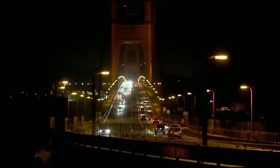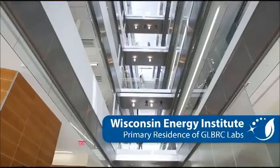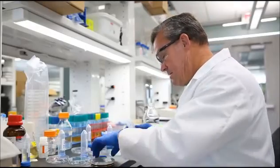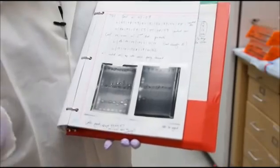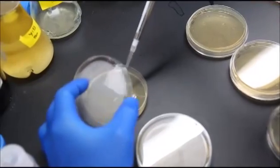annual transportation fuels. So the Great Lakes Bioenergy Research Center has the Research Experience for Teachers program, where science teachers spend 7 weeks working in GLBRC labs doing hands-on research related to sustainable biofuels, and then developing labs and classroom activities they can bring back to their students. Travis came and was a participant in our program. We worked together on this biofuels research and developing a lab where students could do the same process that GLBRC scientists are doing, where they take cellulosic biomass sources and trace the process of converting them into sugars and